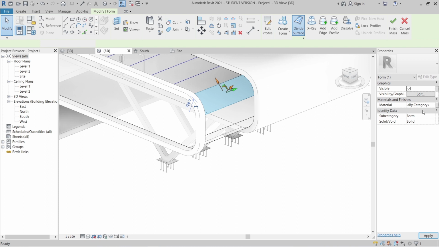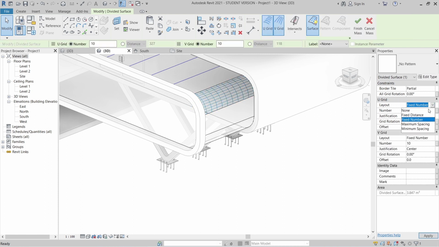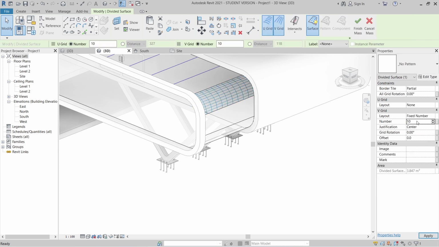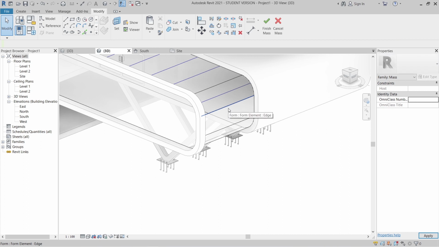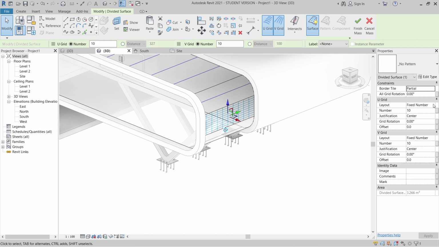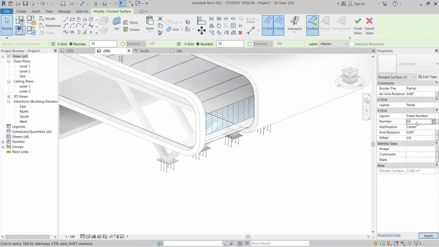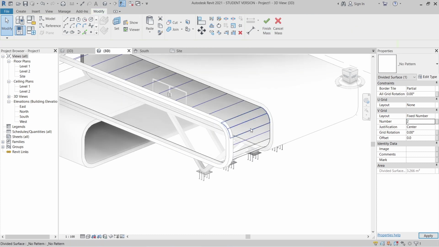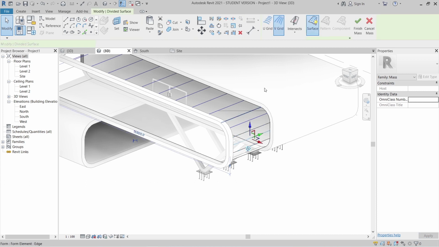The white surface. The white surface again. And then we check it for none, make it 2. Okay, let me turn on the node first.